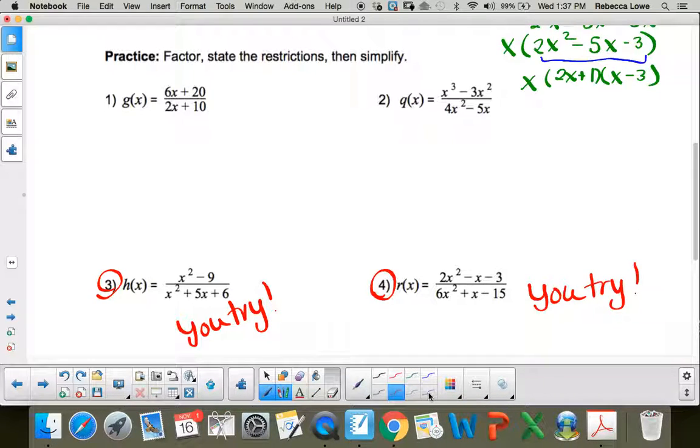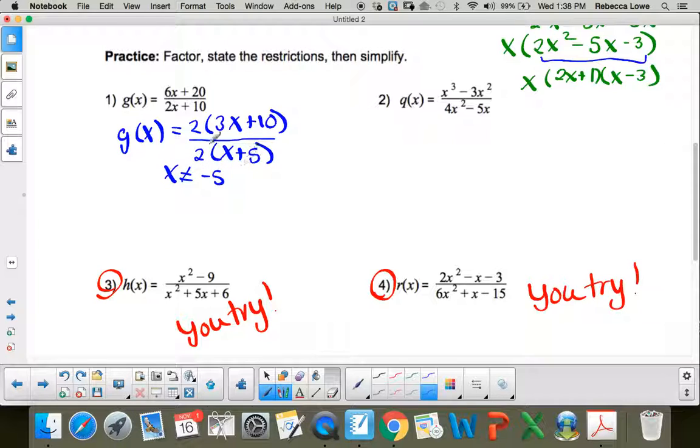All right, so let's look at number 1. The numerator factors: 6x and 20 have a common factor of 2, and I'm left with 3x plus 10. The denominator has a common factor of 2, and I'm left with x plus 5. So the only value that x can't take on is negative 5, because that would make this denominator 0. And then the common factor that I can cancel out is 2. So the equivalent g of x function is 3x plus 10